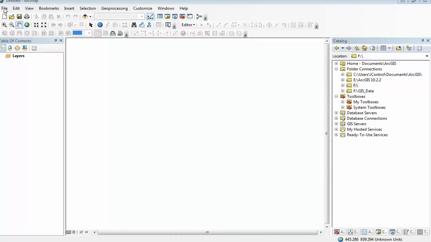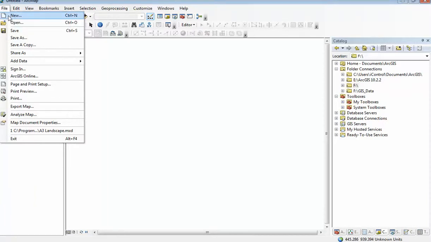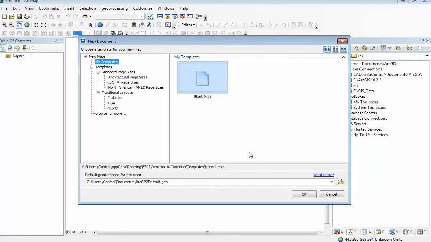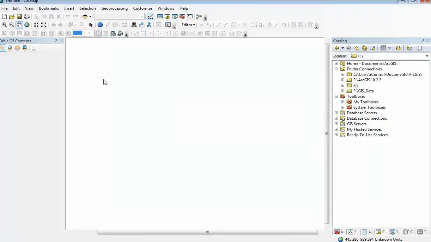To do it, go to File, and then New, and then choose Blank Map. Make sure you know where you save your file. When done, click OK. Now,